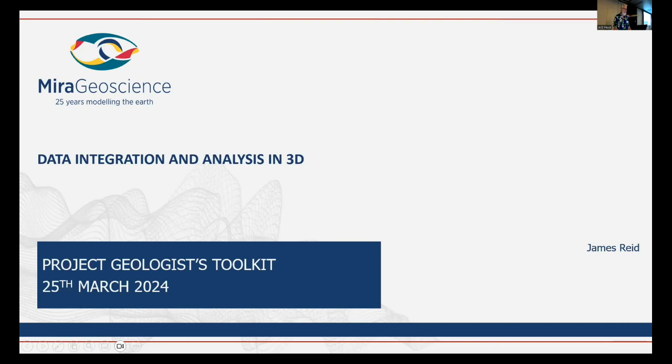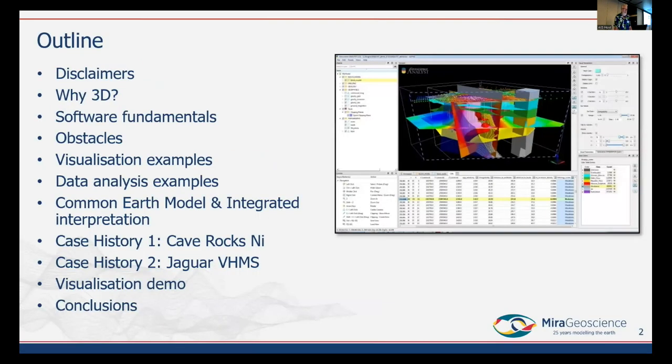So I'll be talking today about data integration and analysis in 3D. A brief outline of the talk. I've got a couple of disclaimers. I'll be talking about why we want to visualize things in 3D, some fundamentals of software, some obstacles to 3D visualization of geoscientific data, a few examples of different kinds of visualization and ways that we can analyze data in 3D.